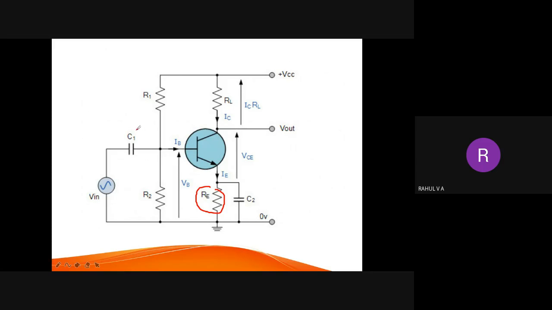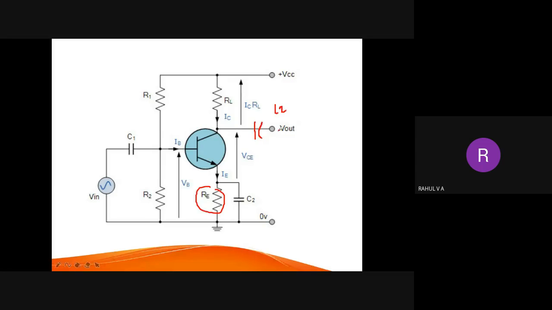Remember that you are marking all these: capacitors C1, C2, CE, and RE, R1, R2. Then you explain the need of each component. Why C1 is required: C1 and C2 are coupling capacitors. They block DC and allow AC. They allow AC to flow from the input to the base terminal, and they also block DC from flowing from the biasing voltage to the input terminal. That you can write.